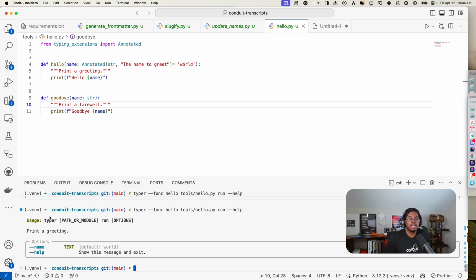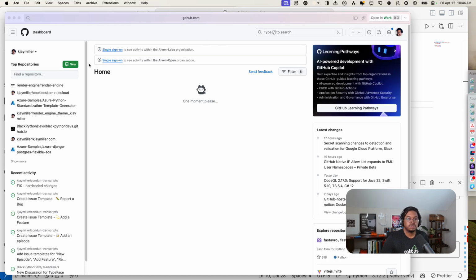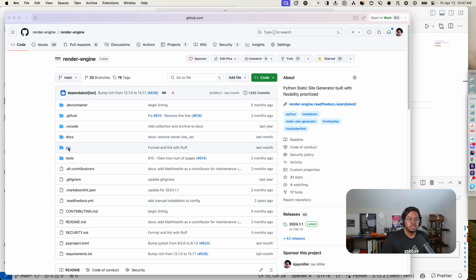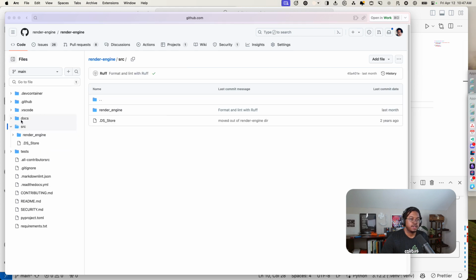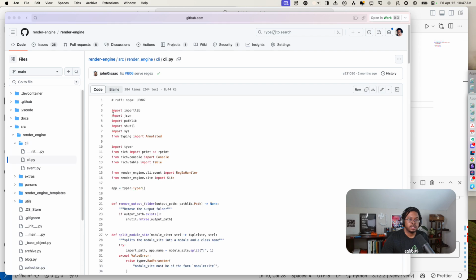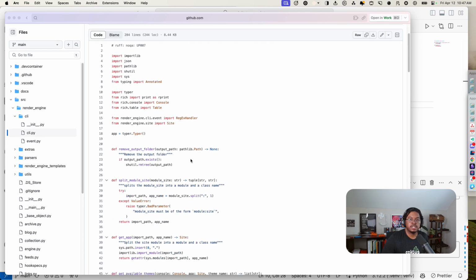And if we want to see what that looks like down the road, I have some better examples of what typer looks like actually implemented. I can share those really quick for those that might be interested. We've got render engine, source, where's render engine, CLI. Yeah, so here's an example, and maybe I can zoom in here. I'm trying to zoom in. It's not working well, but